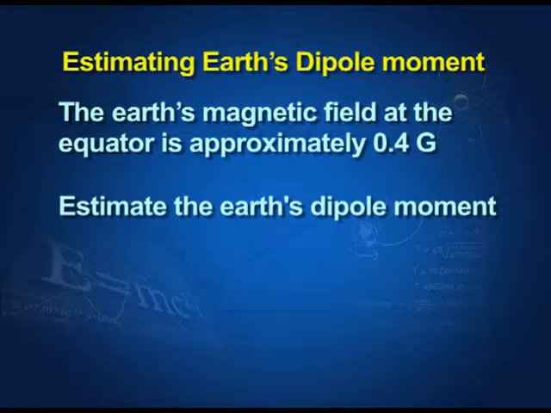Having said that the Earth's magnetic field is generating the two poles, so it is a dipole, can we estimate the value of its magnetic moment? Well, sure we can, by using our old expressions that we have been using for magnetic dipoles or current carrying loops. Let us see how we can do that. Let us do this estimation by saying that at the equator the magnetic field is 0.4 Gauss and the radius of the